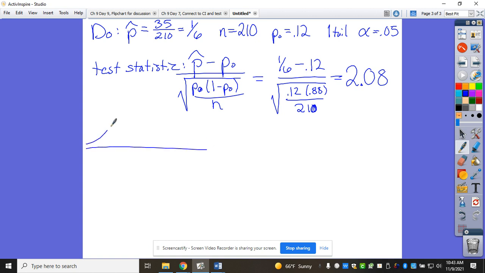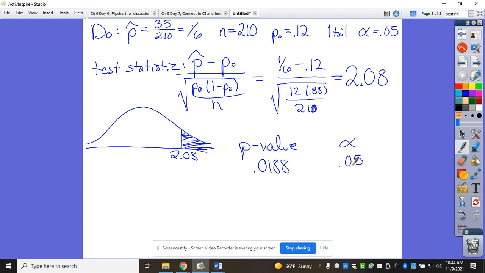So draw it. That number is positive. Which way do I shade? Right. And what do we end up getting as a p-value? Yours might be slightly off from this. If you went to 2.083, you end up getting like 0.0816, I think. So depending on how many decimals you use for Z, it's going to change that. And we're comparing it to alpha of 0.05, and we know that this one is